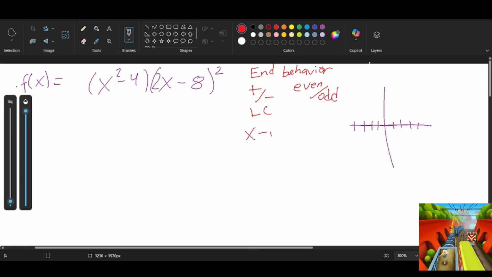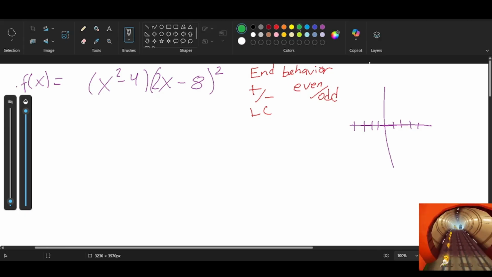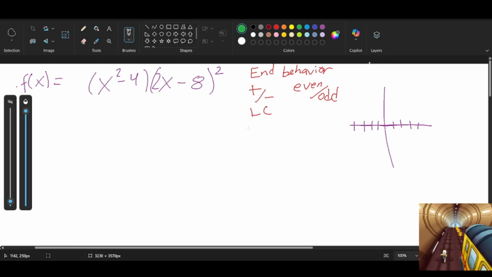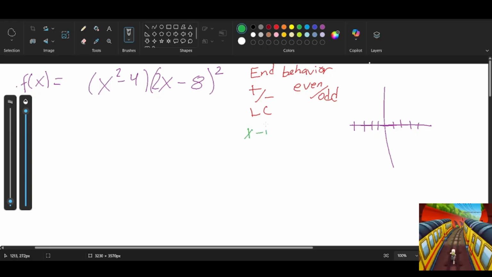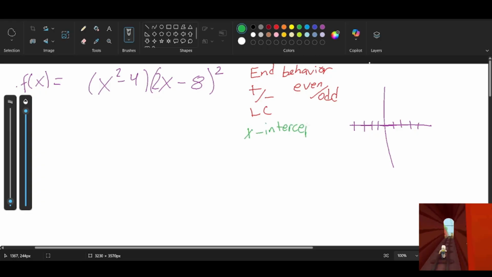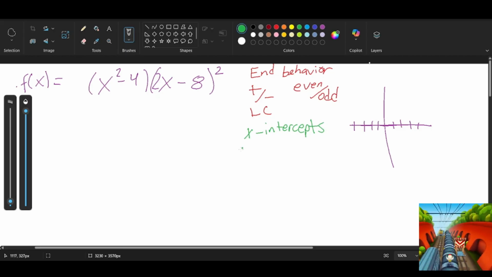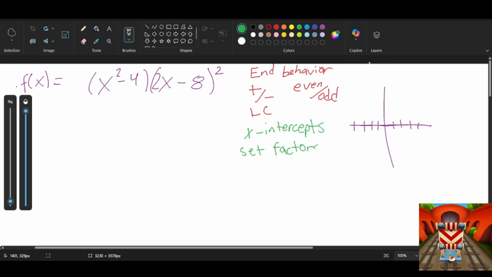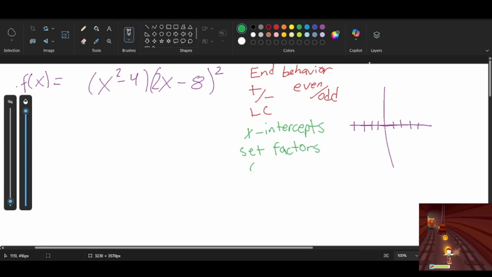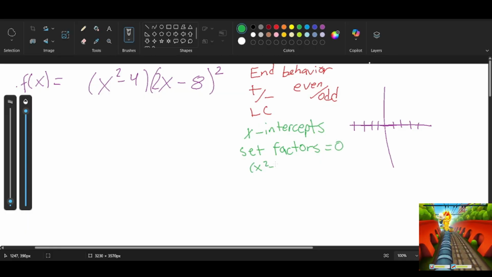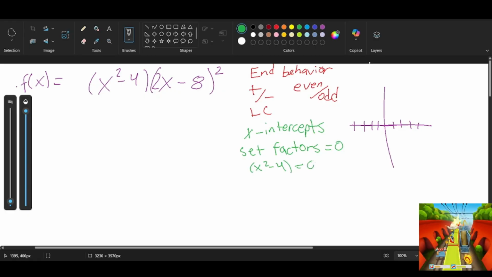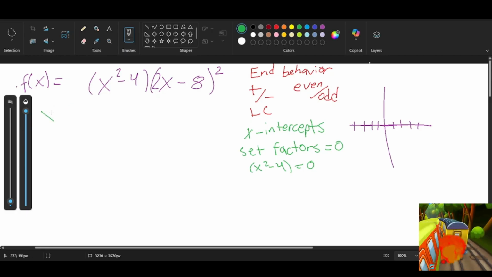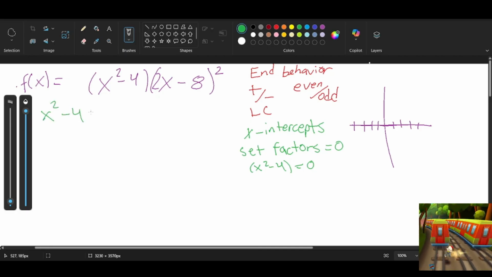I also need to find my x-intercepts. How do I find x-intercepts? I'm going to set my factors equal to 0. My factors are what's inside of my parentheses, right? So my x squared minus 4, that's like doing x squared minus 4 equal to 0. So if I go back over to my function, and I set x squared minus 4 equal to 0,